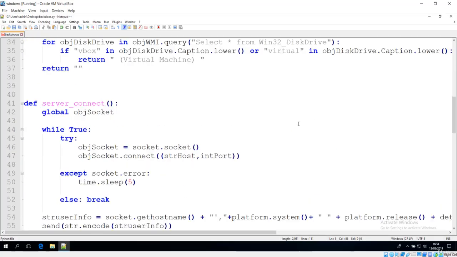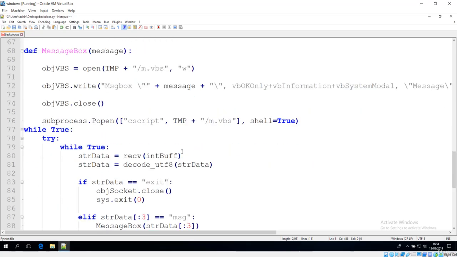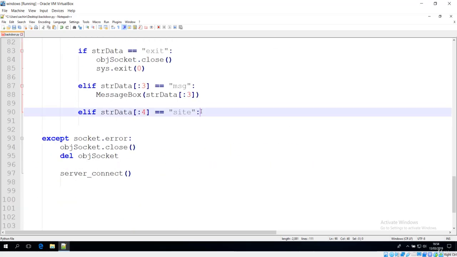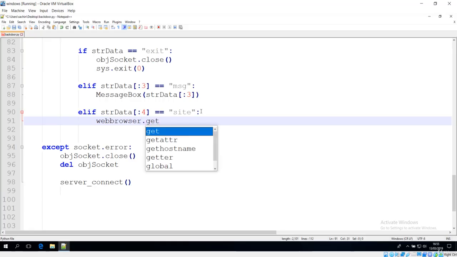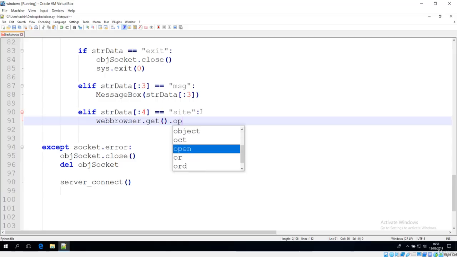Let's go down here again to that part, and after we check if that is the site command that is sent from the server, we have to use that web browser. I'll say get, which is basically fetching the web browser. After that we have to open that site.